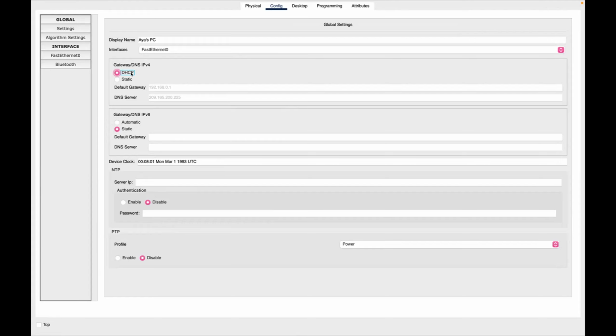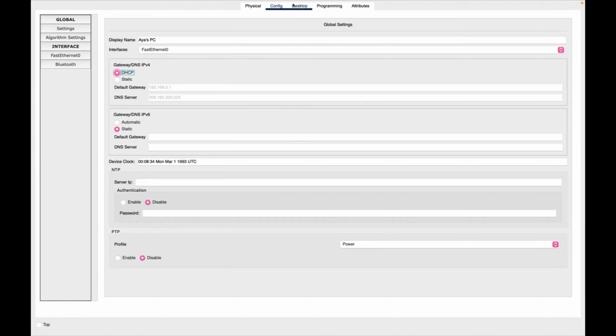So now when I pressed DHCP, we can see that we received an IP address, proving that the router automatically assigned this IP address to this PC. Okay, so this is very important because it obviously makes life easier. And now that I have selected DHCP and allowed the router to assign this IP address to this PC, I can move on with the next step, which is to